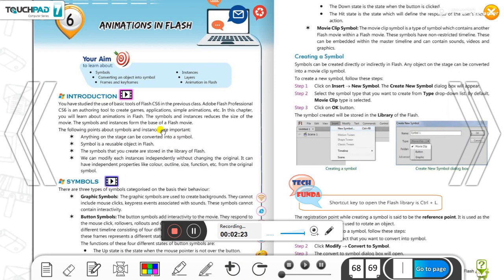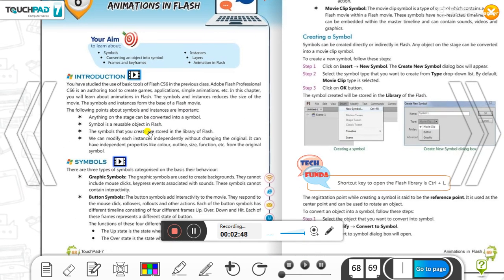Actually, symbol and instance reduce the size of the movie. The symbol and instance form the base of a Flash movie.